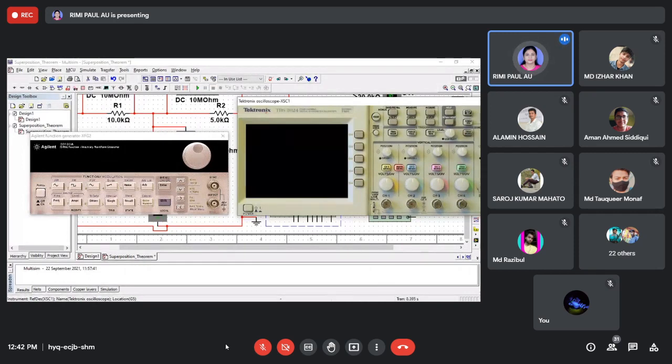And suppose I want to see the sinusoidal wave from the function generator, whatever the magnitude, 50 hertz, 220 volt, 50 hertz signal I want to see, because in our home we are getting 230 volt or 240 volt single-phase 50 hertz supply. So if I want to see how this oscillating sinusoidal supply looks, then I can connect here and see it in this oscilloscope. Okay, so these are the platforms. Another platform we'll learn in future.